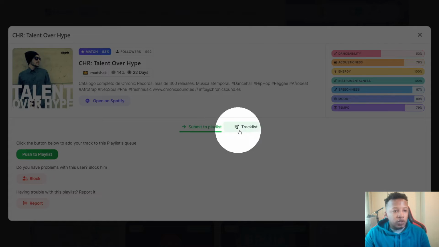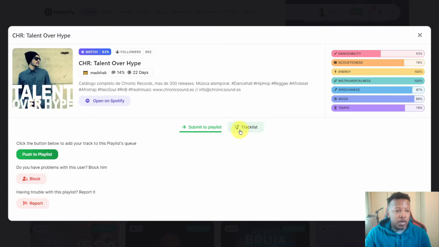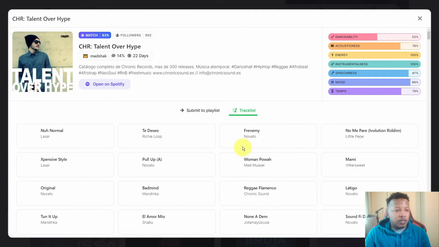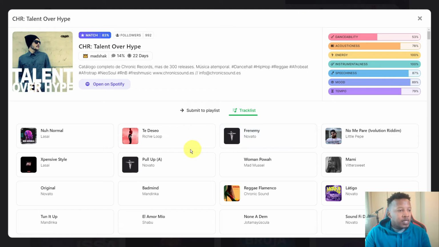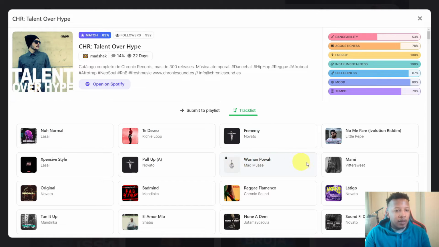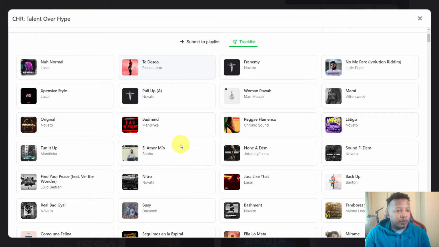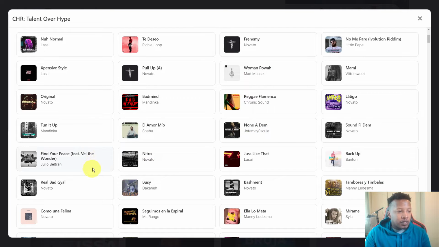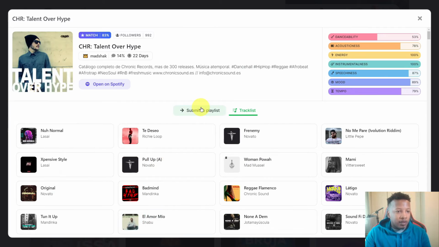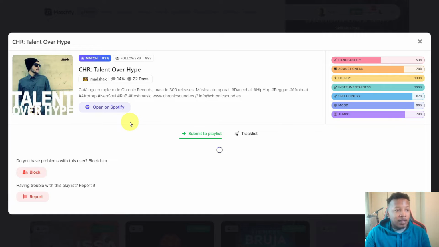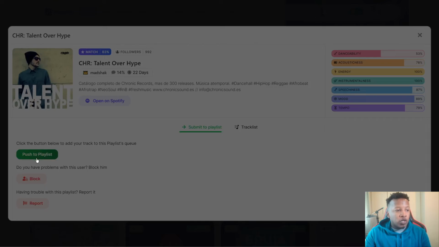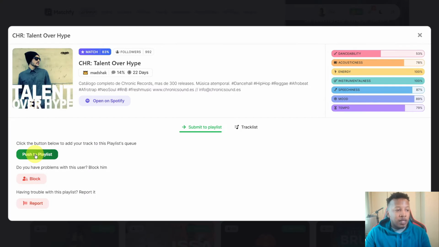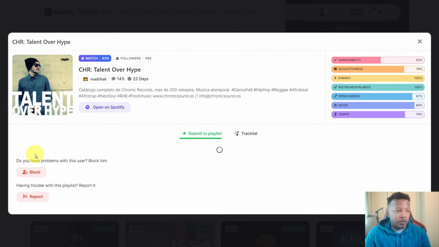One thing you can do is over here where it says track list, you can check the track list to see which other tracks are in there to see if it fits in. What I am seeing is a lot of the songs are in another language, so my track may not be a great fit actually for this one, but I'm gonna rely on AI for now. And then where it says push playlist over here, that's how you send your track to the curator. So I'm gonna push to playlist,